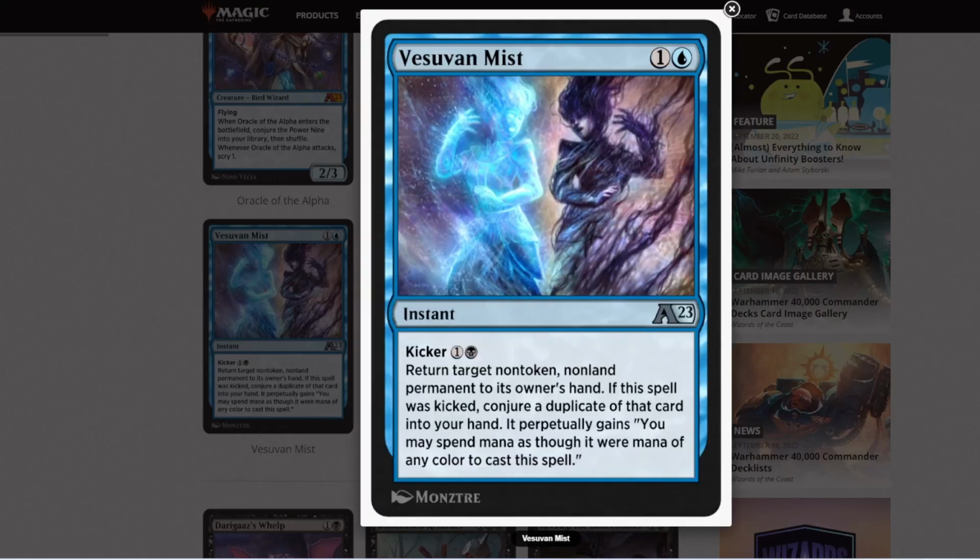Next up we've got Vesuvan Mist, 2 mana instant with Kicker for 1 in the black. Return target non-token, non-land permanent to its owner's hand. If the spell was kicked, you conjure a duplicate of that card into your hand, and you may spend mana as though it were mana of any colour to cast this spell. So this is essentially the front side of Brazen Borrower, except you can't hit tokens, which is...